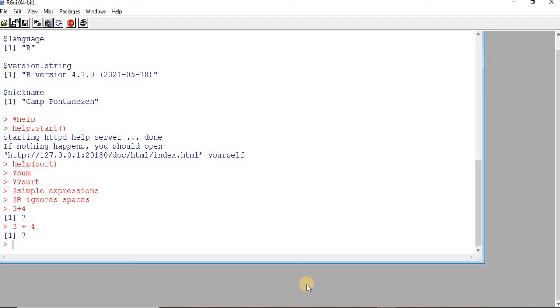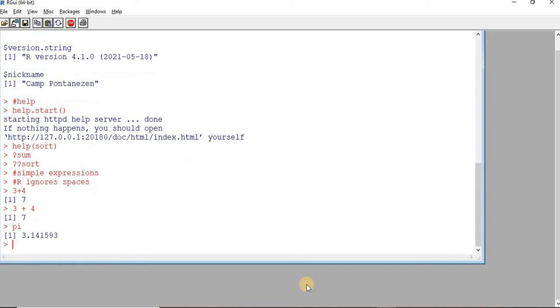You should also know that we have some variables or objects that hold values previously itself. One example is pi. We know that pi has a specific value of 3.141593. Even so, we can overwrite values on it.